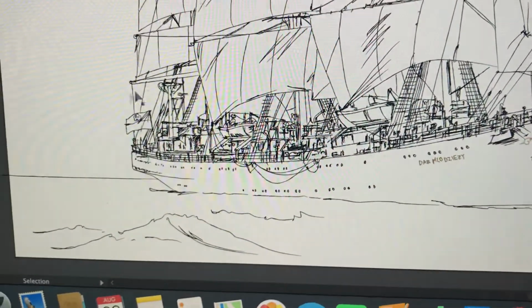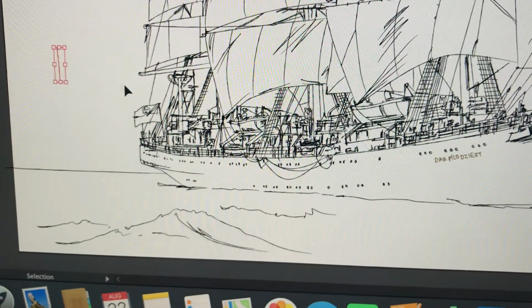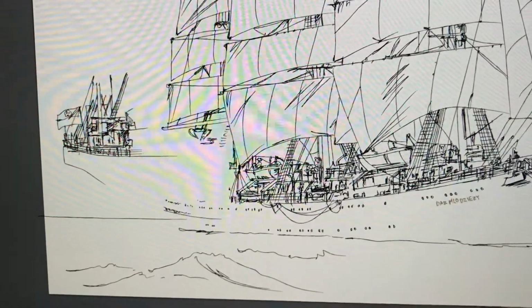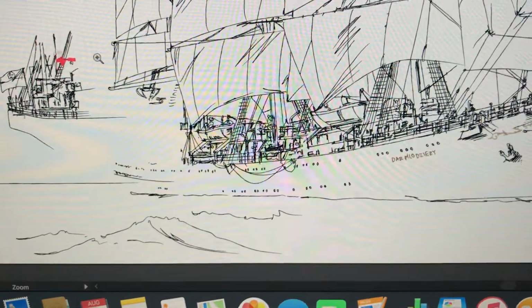And actually if I move each thing, everything's individual. So I can move all of it. In fact, I'll just move all of that out of the way. There you go, I've taken off the back of the ship. So everything is a bit individual. And if I zoom right in,